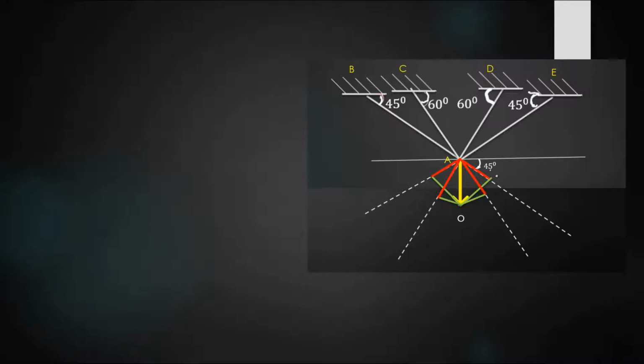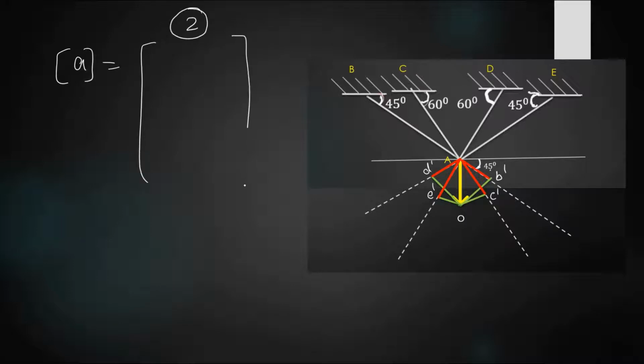So AB dash, I am naming it B dash, C dash, D dash and E dash. So here also we have to calculate. When we apply unit displacement in the direction of the second system coordinate, we have to find out AB dash, AC dash, AD dash and AE dash. Since all these values, which from the figure you can see, all the lengths can be calculated along the direction of the extended line, all the values will be positive.